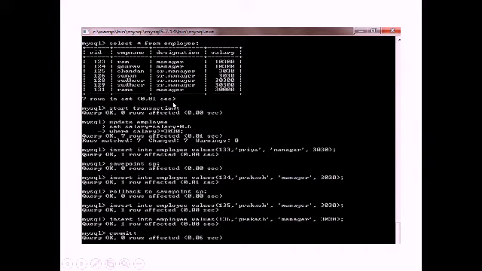START TRANSACTION, UPDATE employee SET salary = salary * 0.6, which is 60%, WHERE salary >= 3030. So where the salary is greater than or equal to 3030, the salary will become salary into 0.6. Okay, so an update is mentioned.